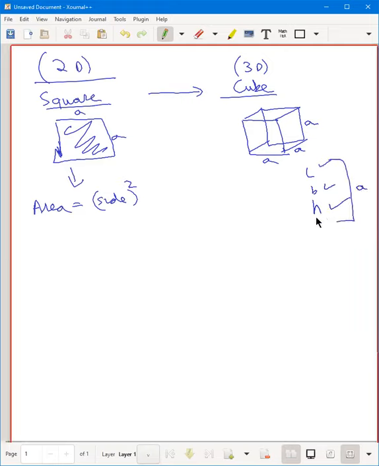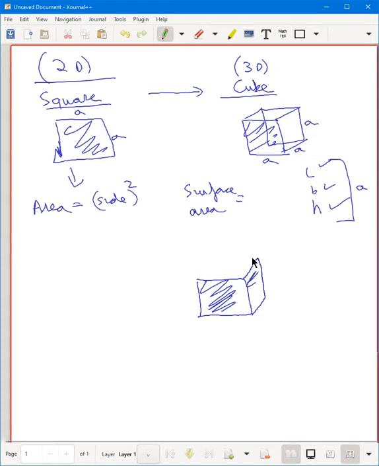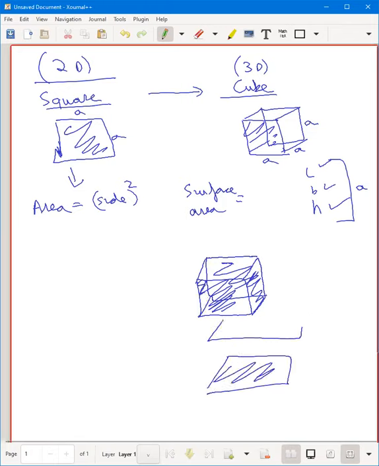So can anybody guess? We have a term which is now called surface area. What exactly do we mean by surface area? It is all the faces put together. We have this front face, its area. We have this side face, its area. Similarly, this backside face, this side face over here, then also the bottom face, and the face on top.